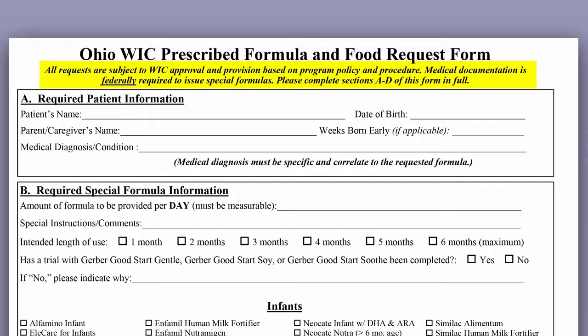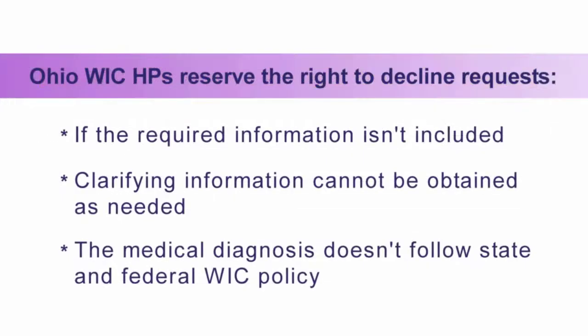It is important to note that prescription forms must be completed in full and make sense with an accurate diagnosis which is relevant to the requested product. Ohio WIC health professionals do reserve the right to decline a request if the required information isn't included, clarifying information cannot be obtained as needed, or the medical diagnosis does not follow state and federal WIC policy. See Section 312 of the Ohio WIC Policy and Procedure Manual for more information about requirements related to certain specialty